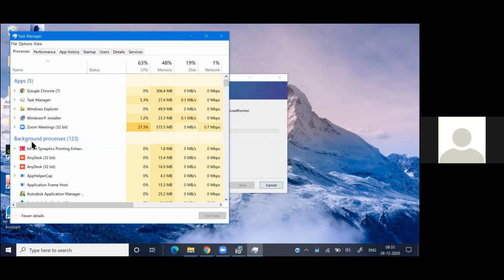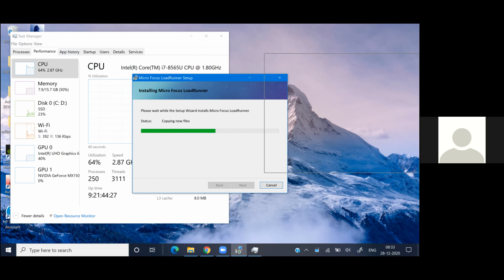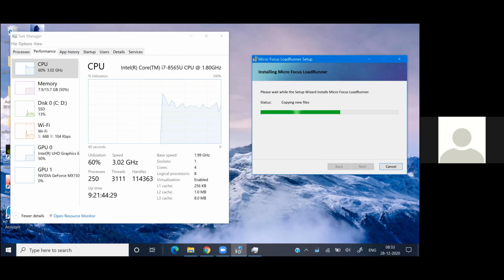Perfect. Go to the performance tab. Here also you can see your system details, like processor and memory details. The processor is Intel Core i7 with a clock speed of 1.8 gigahertz.